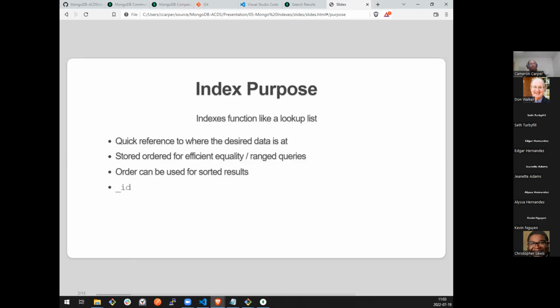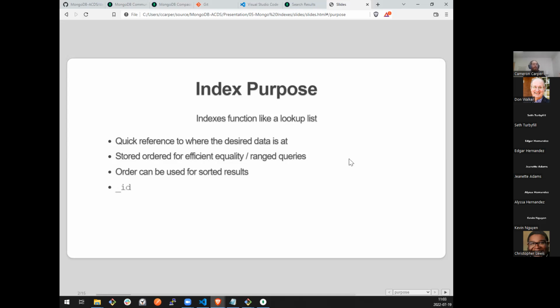One of the examples I use in class is treating it like the index of a book. If I'm looking for a topic on chickens in a book, I don't have to read every single page of the book to find where the chickens are at. I can go to the index and it says go directly to page 23. I go to page 23, and that was dramatically faster than searching the entire book.